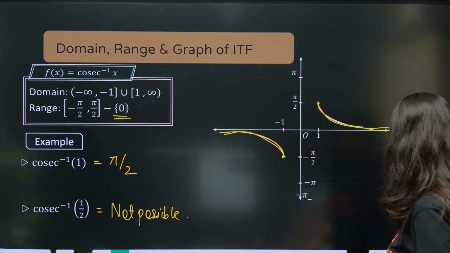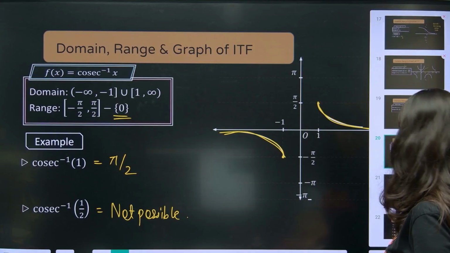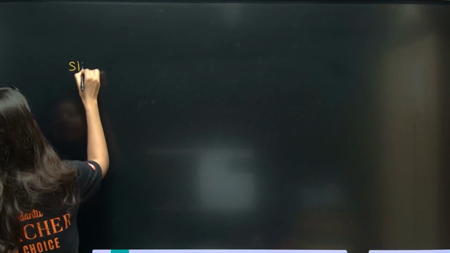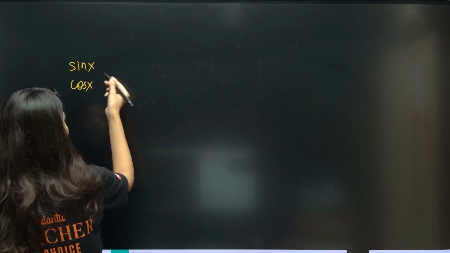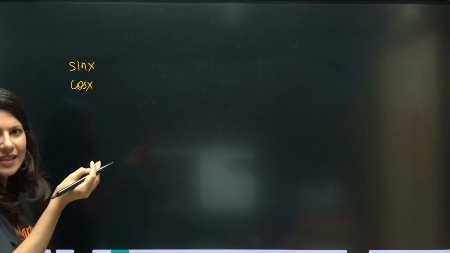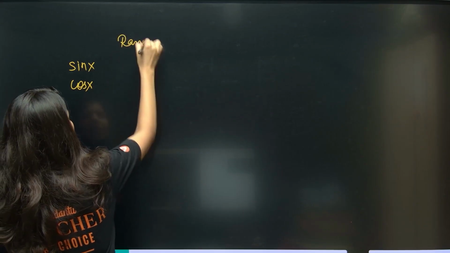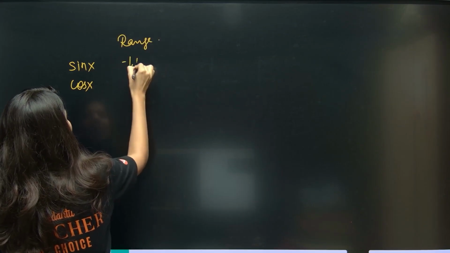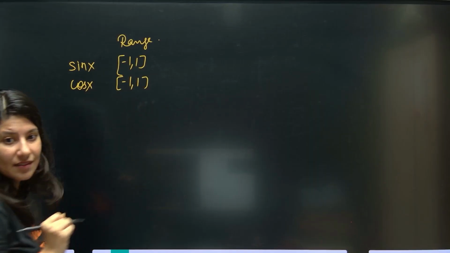Okay. Now, do you know the domain of every trigonometric function? See, sin x and cos x. Tell me the domain. Domain, I think, for sin x and cos x is x belongs to R, but I am talking about the range, only range. Range, ma'am, minus 1 to 1 and minus 1 to 1, for cos x and sin x. Okay.